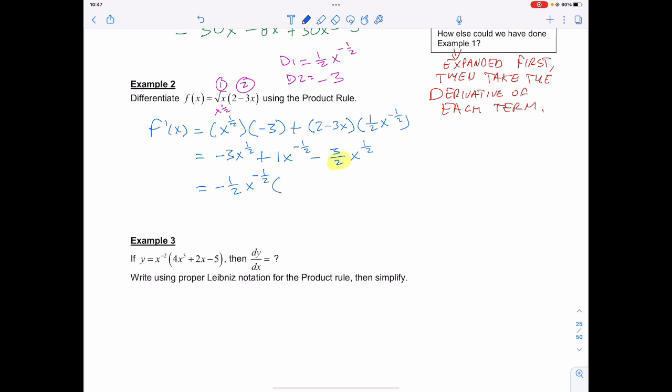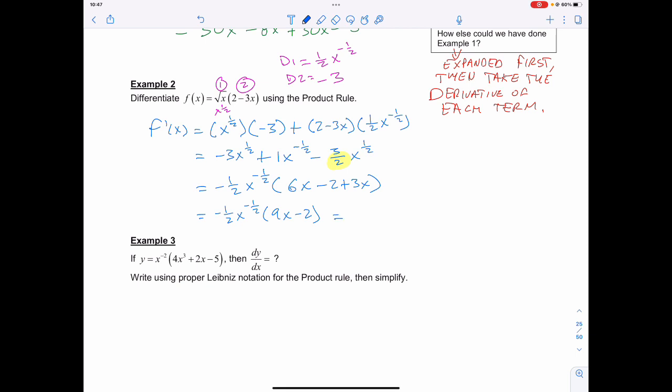And that's going to leave me with 6x minus 2 plus 3x, which is the same as negative 1 over 2x to the negative 1/2 times 9x minus 2,